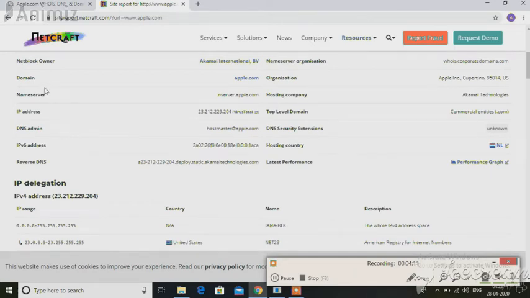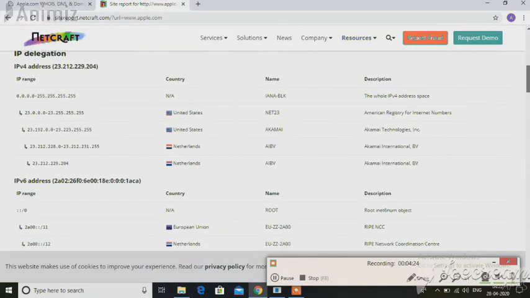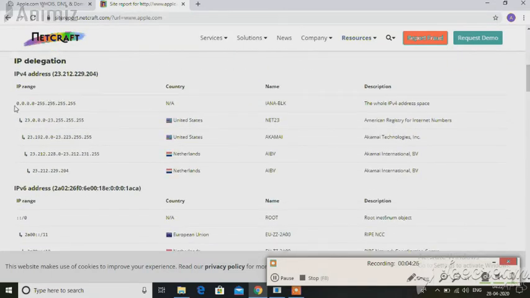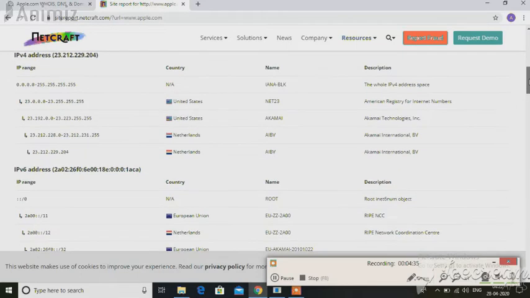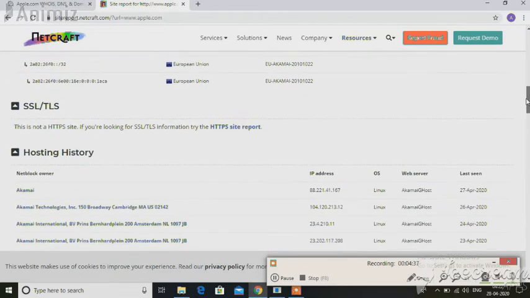So note it down, and the IP addresses. It will show hosting companies like Akamai Technologies. It will show reverse DNS and too many other things. It will show the IP ranges, what the ranges are, and the country where these IP ranges are located.